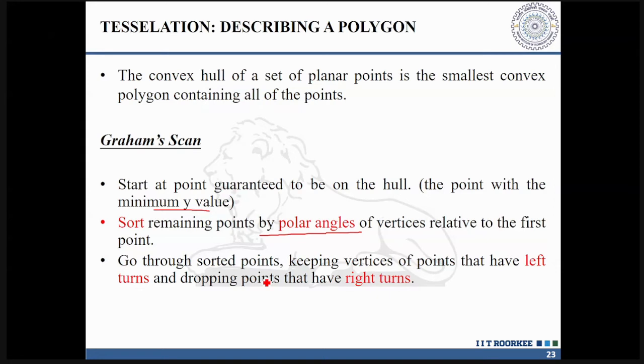When you move, wherever you make a left turn, that is a good turn. Wherever you make a right turn, drop that particular point. So left turn is a good turn, right turn is a bad turn. Let us try to do it.